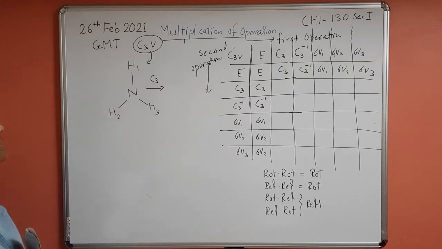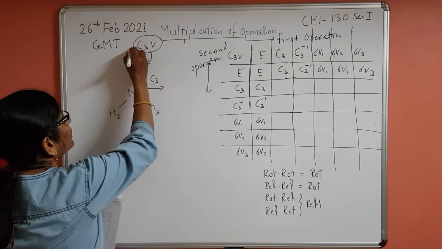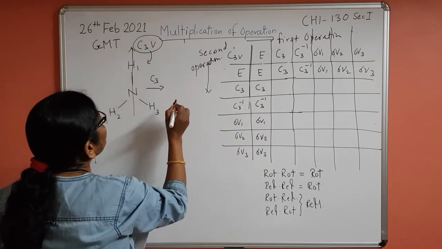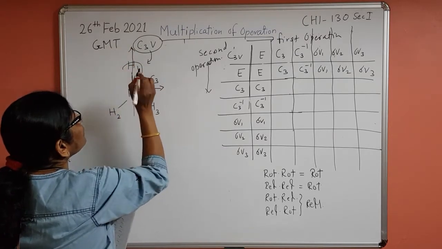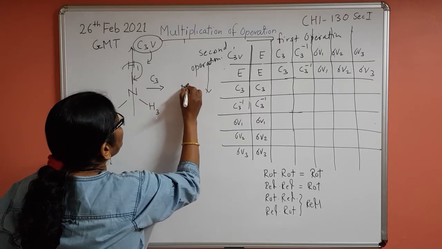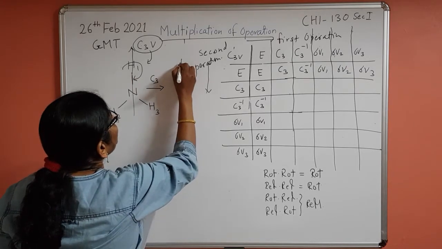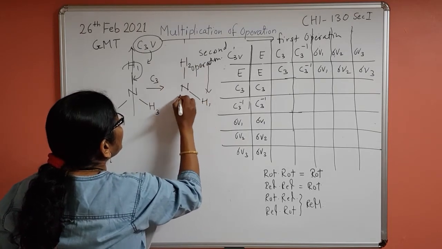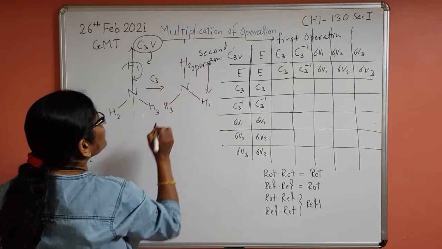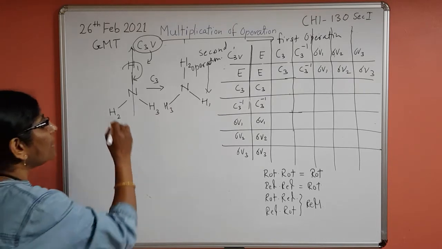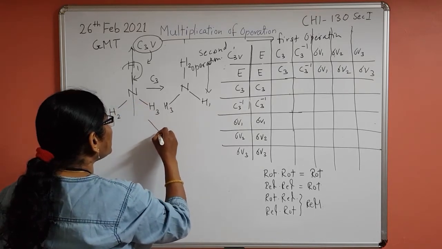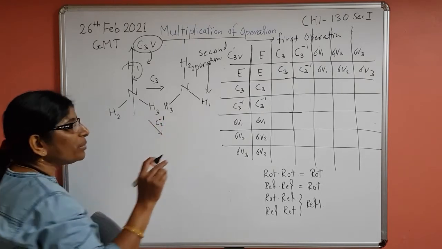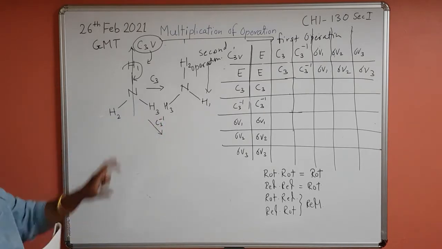So what will happen if there is a C3 operation? Definitely my axis will be this side. This will be the principal axis, and rotation will be like this. All of you know. So if I write nitrogen here, hydrogen, this will come 2, here 1 and here 3. Okay, this is my first C3 operation. On the same molecule, I'll just keep on drawing, because when I'm going to do binary products, I must know what my standard answer is.